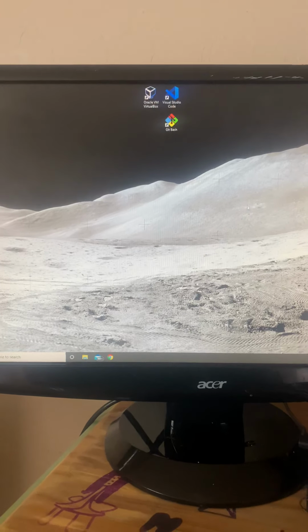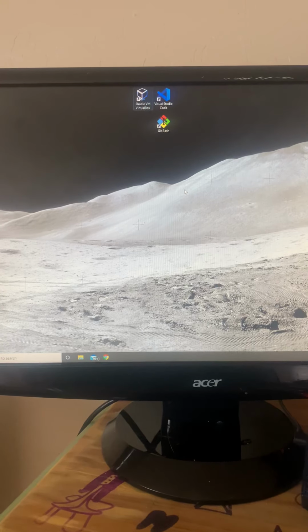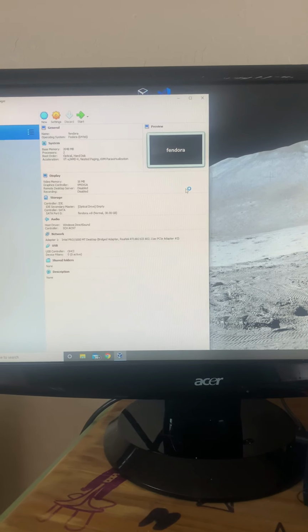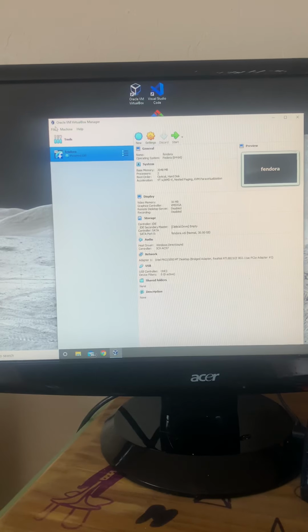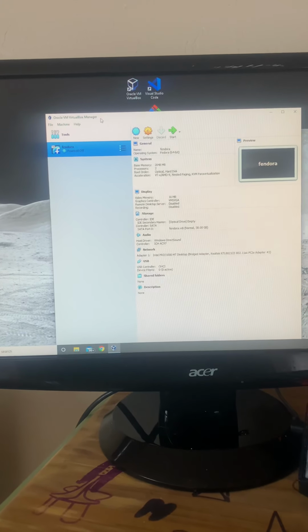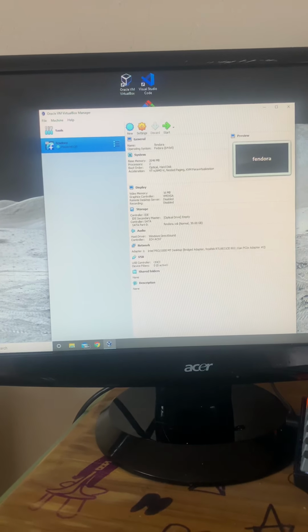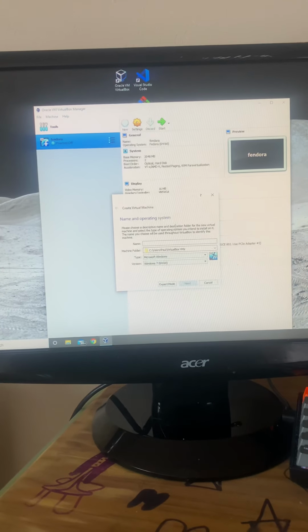Okay, so maybe some of you have had this problem that I've had, and I'm going to walk you through it real quick. It's not too bad. If you're running Oracle VMware VirtualBox Manager and you're trying to make the Fandora work, and you're making a new one,